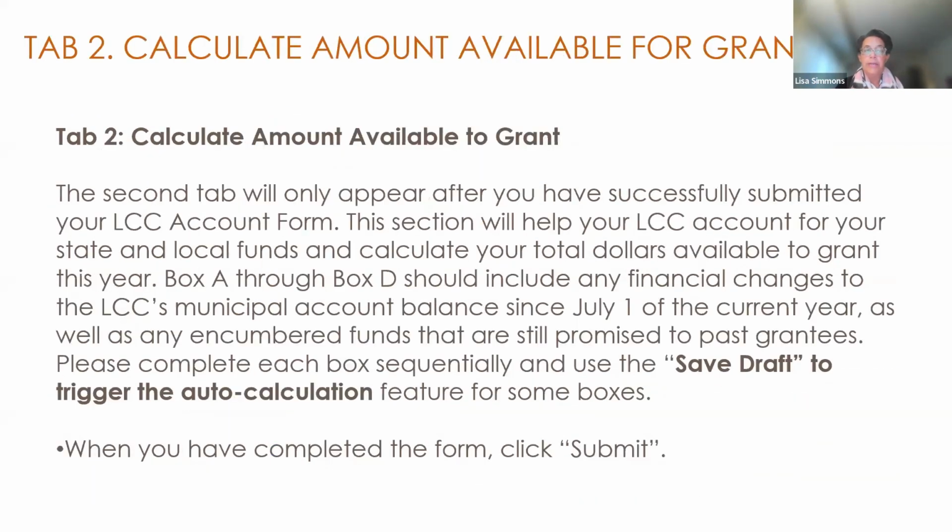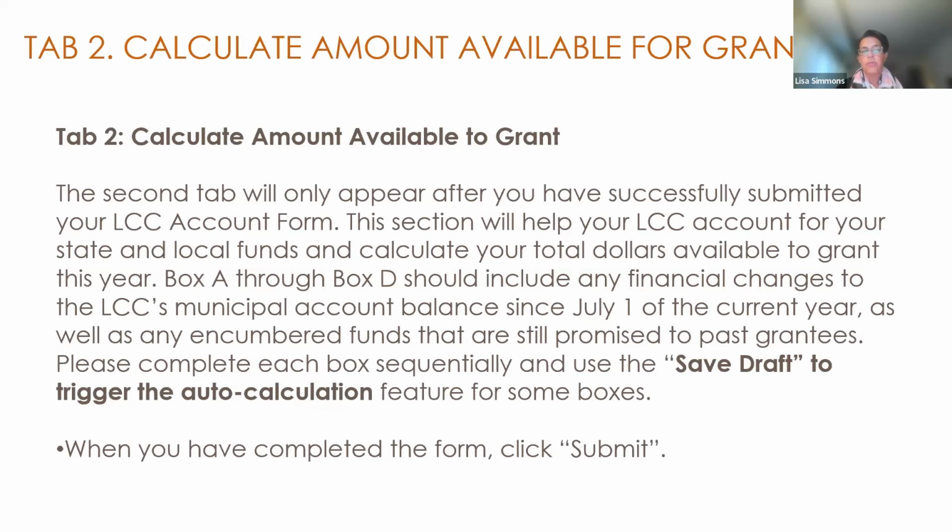Tab 2 is the calculate amount available for granting, which is also due on October 17th. This is a change we made a couple of years ago because you still need to meet and get information from your municipal fiscal officer in order to fill out this tab. So this tab is basically what's going on in fiscal year 24. As I said before, you may have a reimbursement council that has yet to give out all its money. Your direct grant folks have not asked for their money yet. And this will tell us how much is now left in your account.